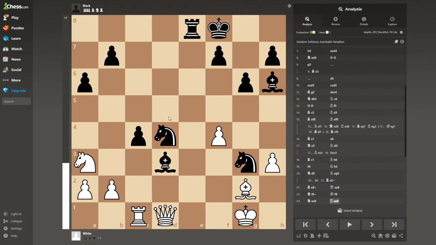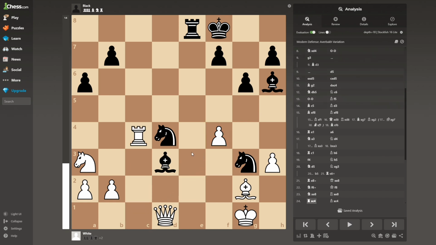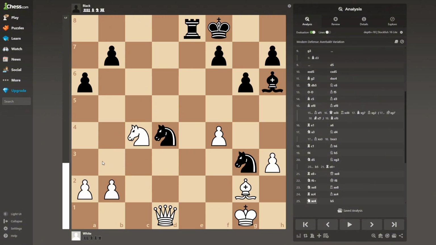Now normally this wouldn't be too good for the side without the queen, but if you look carefully, they're just very active here. Bishop pressuring the pawn, knight getting ready to fork the rook here, and they're just very much active. Rook takes c4 is played, just sacrificing the exchange with an idea after bishop takes, maybe to take this. And knight takes c4, and the knight's hanging, and here b5 is played, sacrificing the knight, and here king to